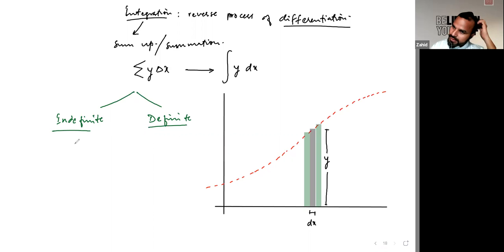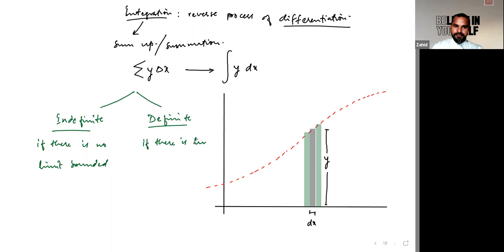Indefinite means there is no limit of summing of curve for any calculation. It will extend from one end to the other end as it is. So if there is no limit bounded, it is called indefinite integration. But if there is limit bounded,